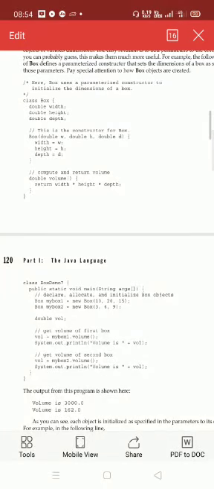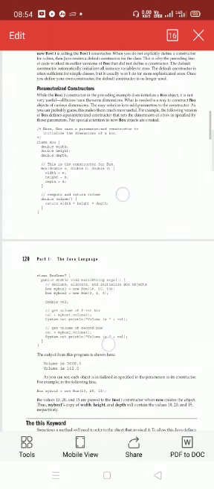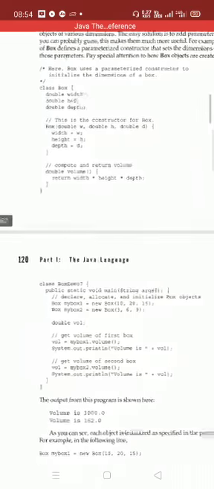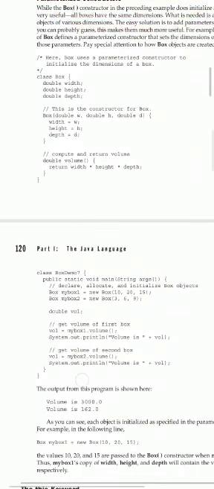Hello students, yesterday we were talking about constructors in Java. So next, the continuation of that is a parameterized constructor. As you can see in the next example, this is the parameterized constructor concept. The next example, once again the Box class is taken, which you can see.